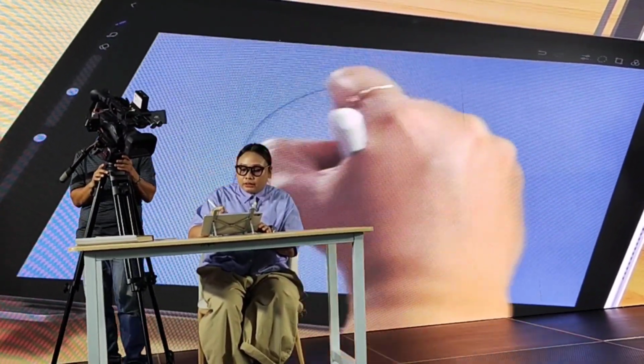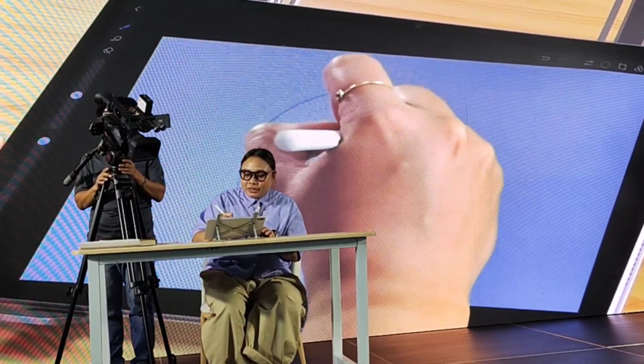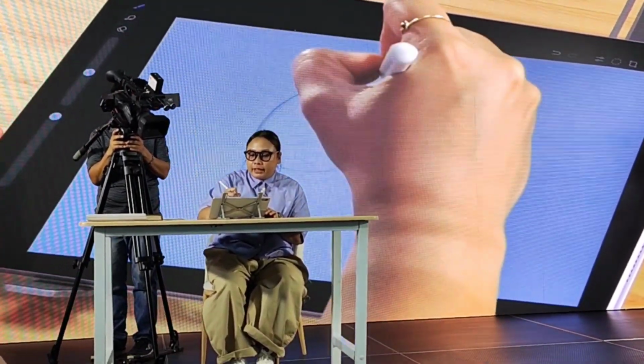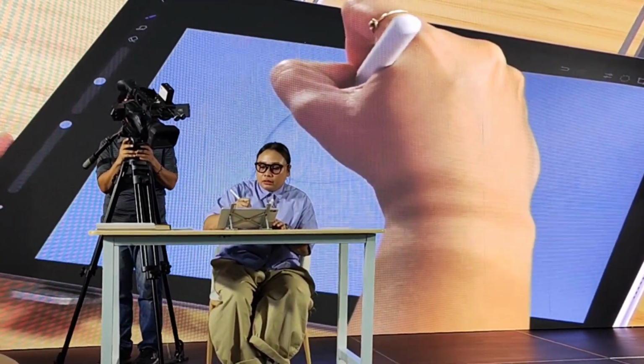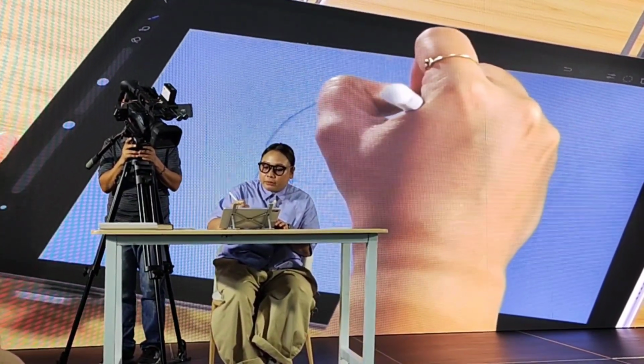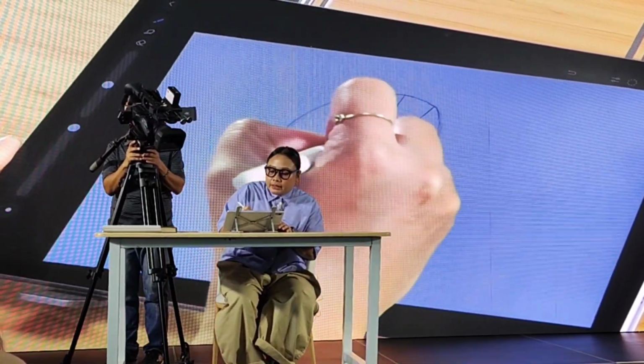I'll draw a circle. It should look like an egg. Okay, so I normally start the flower with this shape, and then I draw a line. This line will serve as a guideline for the petals.